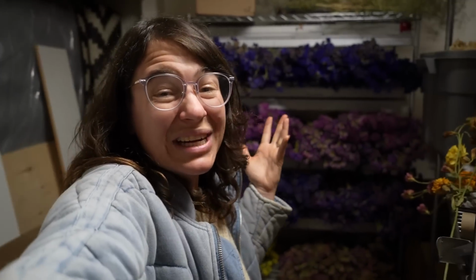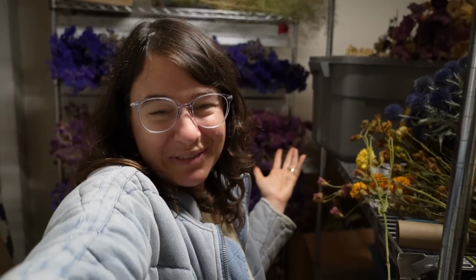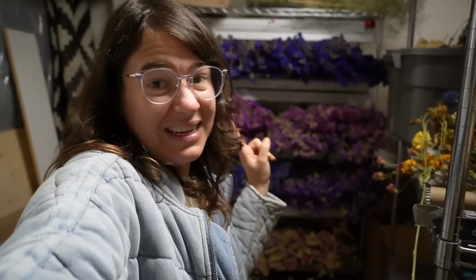My fresh flowers are almost done, but I still have an entire room full of dried flowers, so flower sales aren't ending anytime soon here, but these are mostly going to be sold online, and I'm really excited about our